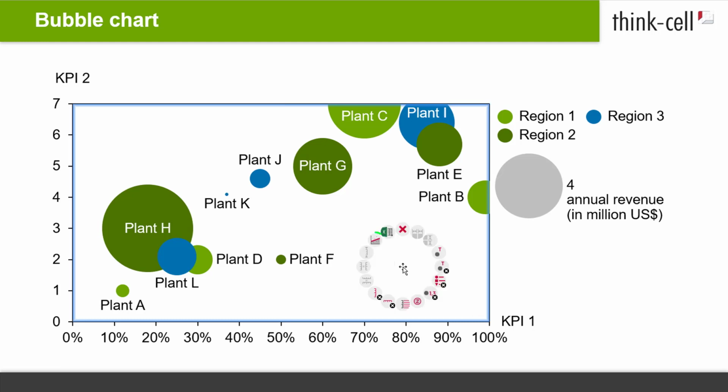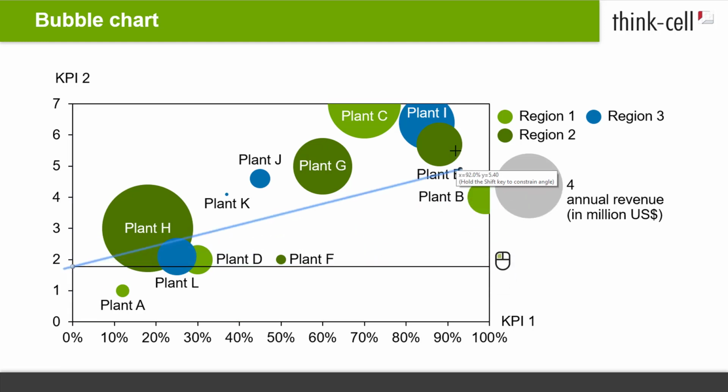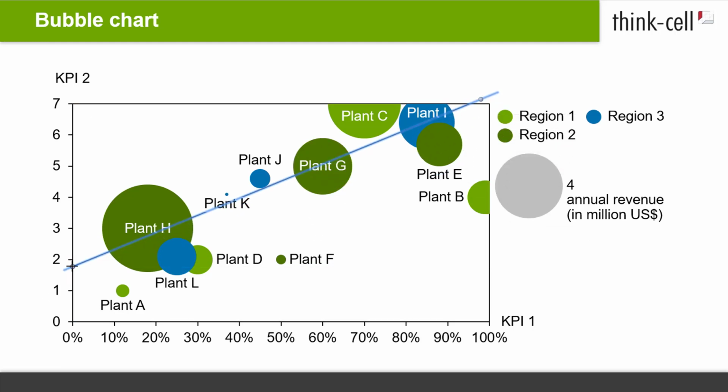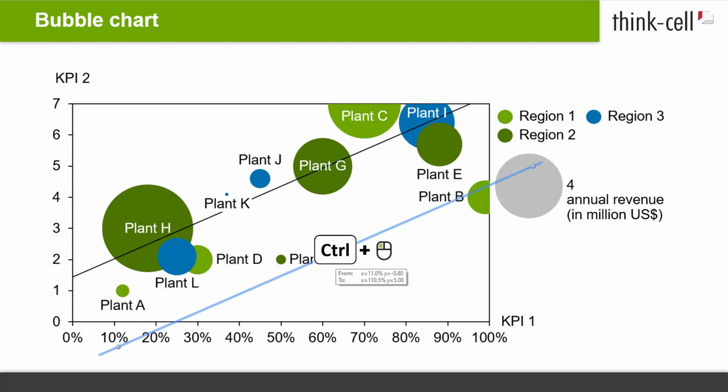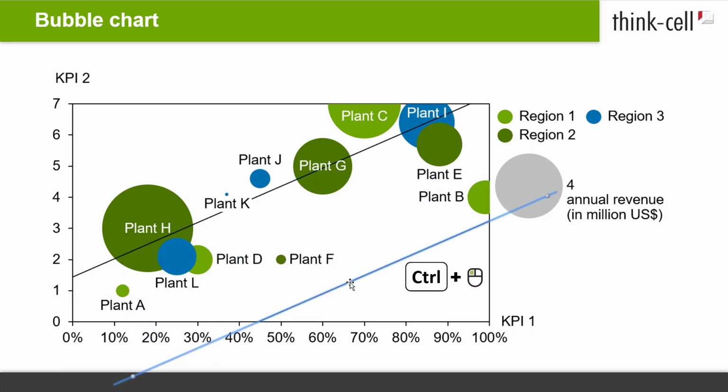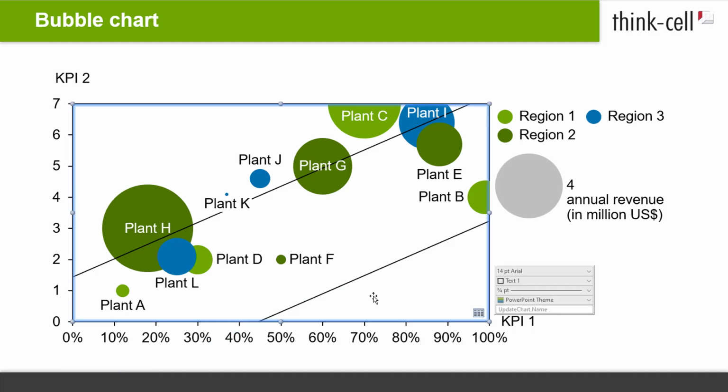Let's say you would like to add partitions into your bubble chart to mark different ranges of values. Right-click on the chart and pick Add Trendline Partition from the context menu. Use the handles at each end to change the angle of the line. Then, make a copy of the line by dragging it while holding down Ctrl. This way, you can easily create parallel lines. Of course, you can also position the copied line differently.